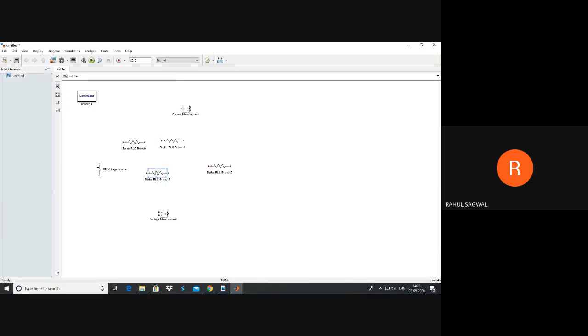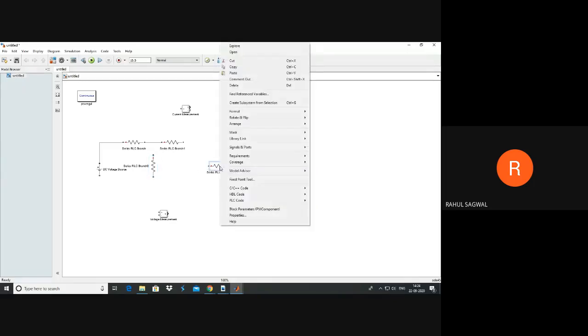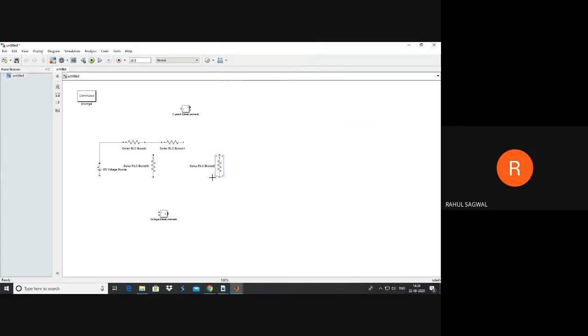One option, as we are going to connect it in a proper circuitry, is you can make a connection like this, as well as for this branch, bring it down to its uniform level. For making a connection, this resistance should be aligned vertically, right? For that, either you can use Control plus R on your keyboard. Control plus R will give a clockwise rotation by 90 degrees, or you can right click, go to rotate and flip, and use this clockwise. Okay, so now you can connect it to this branch.